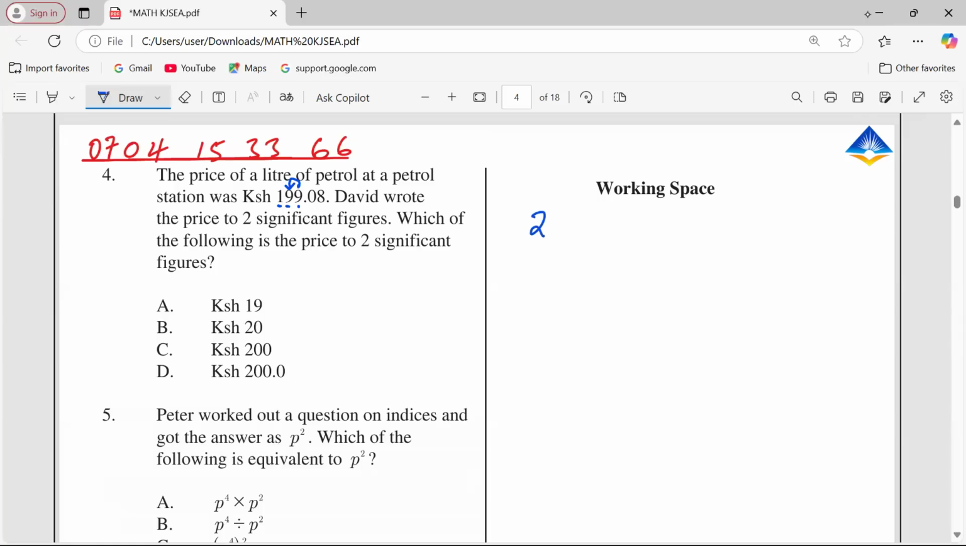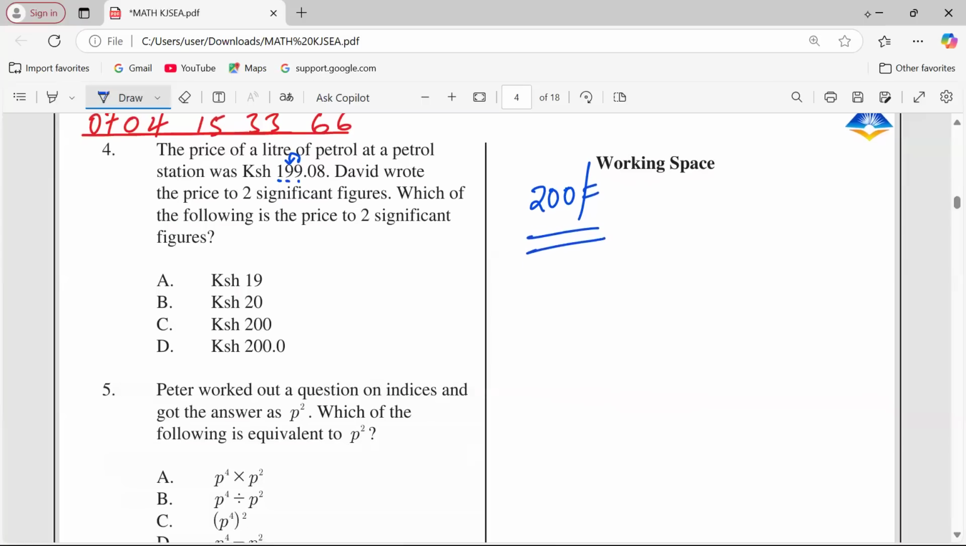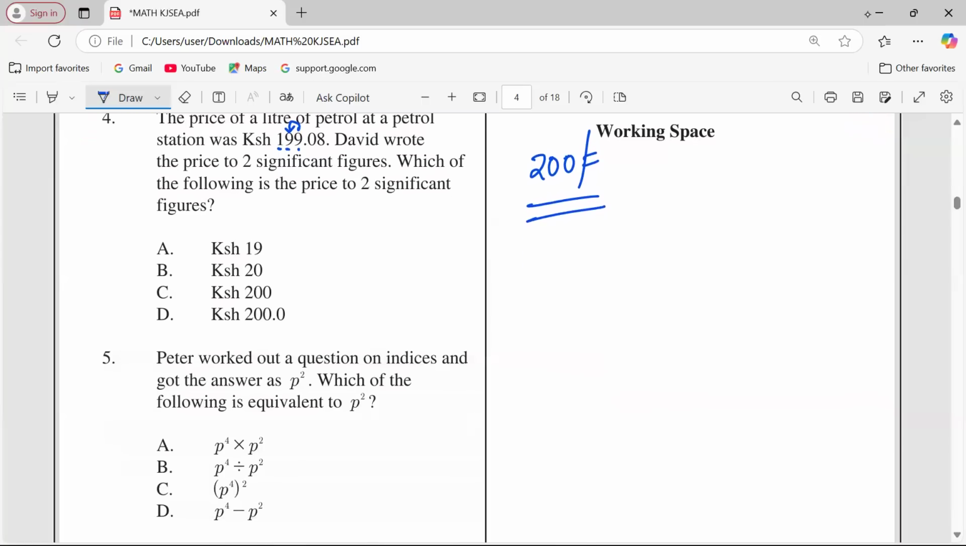Then when we have 2 there now, we are supposed to bring now the zeros here and have the price 200, so that we may sustain the total value of the price of petrol. Because when we get 2, we cannot say that the answer is 2. We have to introduce the zeros there, 2 of them. It's good for you to know that choice D cannot become our answer